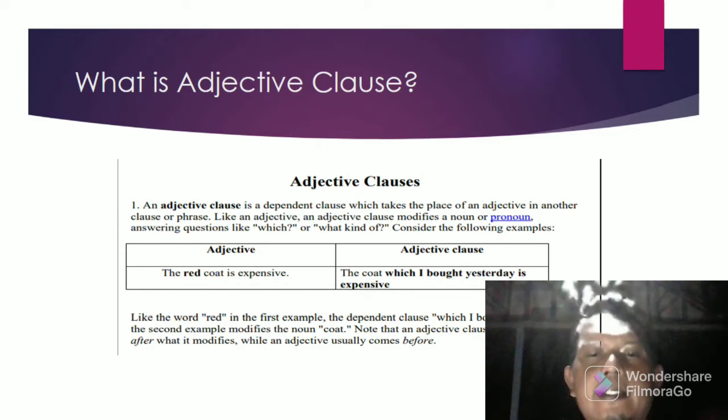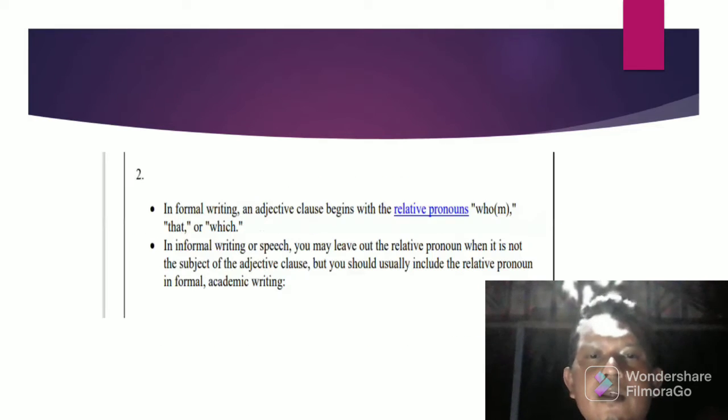Students, now take a look at the example again. The red coat is expensive is the adjective. It comes before the noun, while the coat which I bought yesterday is expensive is an adjective clause and it comes after the noun. Then in formal writing, an adjective clause begins with a relative pronoun: who or whom, that or which,